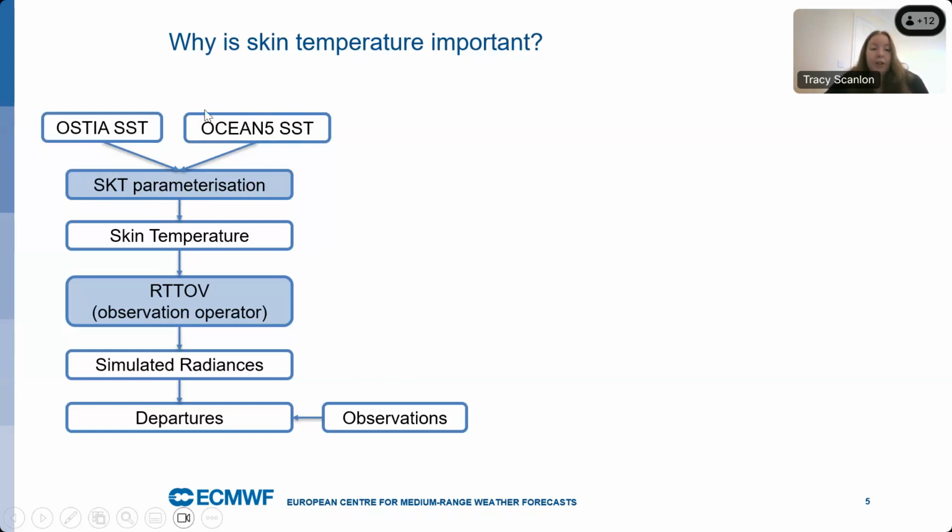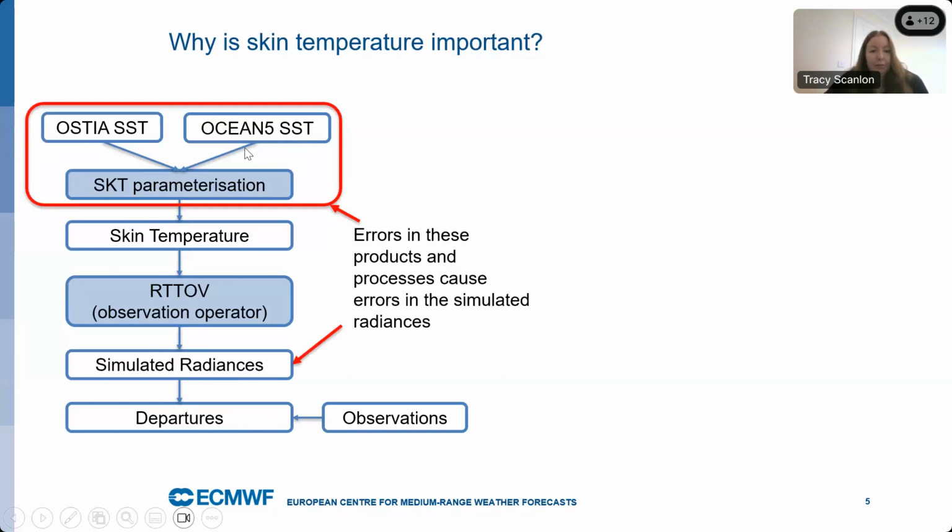Now, this skin temperature and the ocean SST measurements are all used in the model, and I haven't shown a nice big arrow showing that here, but for simplification, I want to concentrate on how it's used in the observation operator to provide simulated radiances. So, as everyone knows, these simulated radiances and the observations go into the departures, which are integral to the DA system. However, if we have any errors in these initial input SST products or the skin temperature parameterization, these can